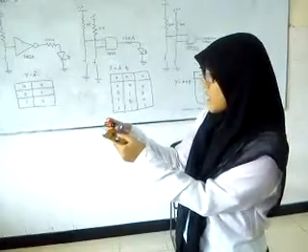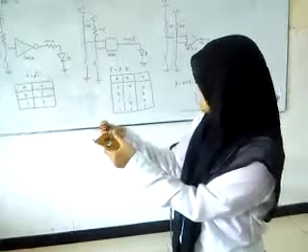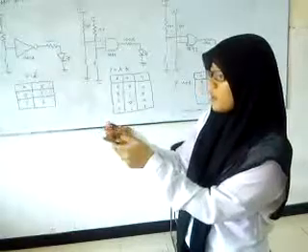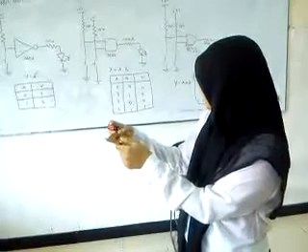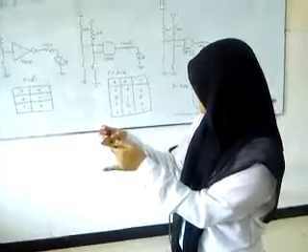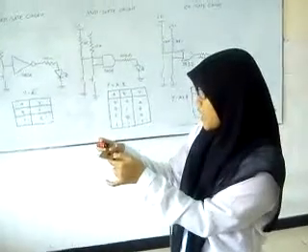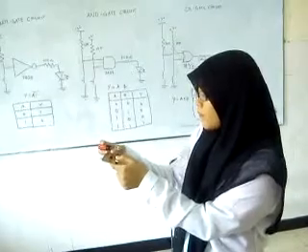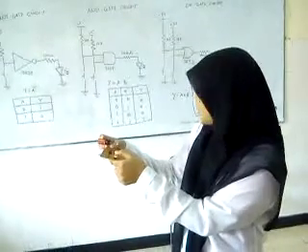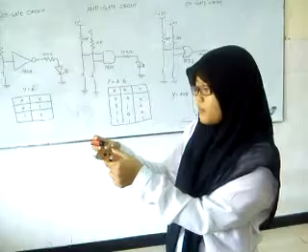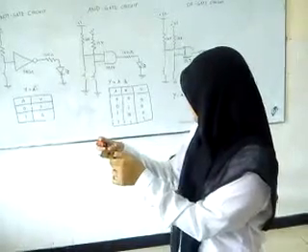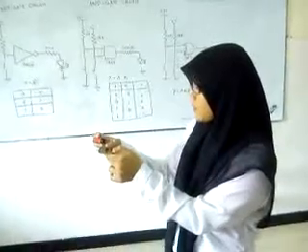After that, I want to explain the OR gate. The OR gate is a basic logic gate that has 2 or more inputs and only one output. The OR gate output is logic high when one or more inputs are logic high, and the output is logic low when all inputs are logic low. The Boolean algebra equation for the OR gate output is Y equals A plus B. In Boolean algebra operations, the OR gate is marked with a plus.